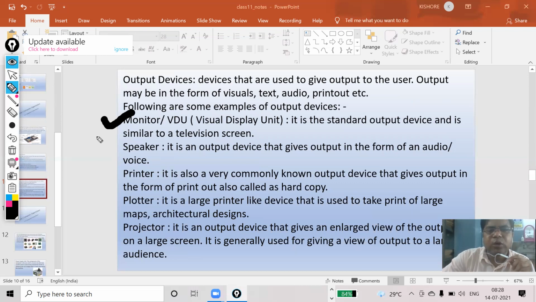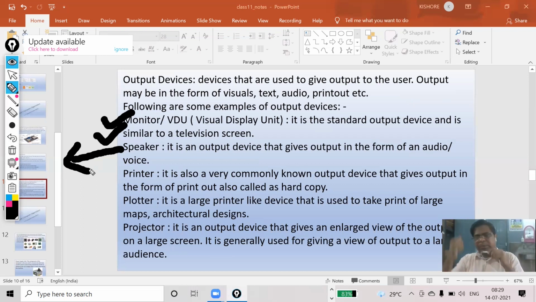Actually, what is the use of a monitor? Monitor is used to display the output. Even when you input your data, that also gets displayed. Sometimes your monitor is called an input as well as an output device. Now the next part is your speaker. A speaker is only responsible to let you hear the voice. If your voice is recorded and you want to play it and listen to it, then your speaker or your headphone will help you.